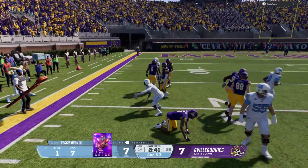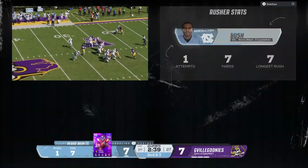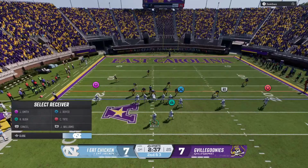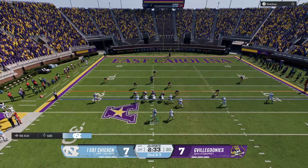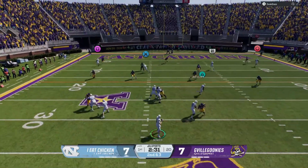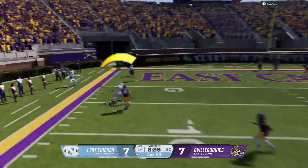The pickup is 7 yards. Now it's 2nd and 3. What a great job to be able to establish some rhythm for an offense. When you can run the football like this, it just opens up the playbook. You can continue to run. You can go to play action. You really keep the defense